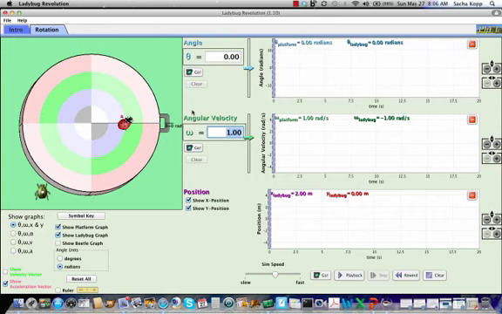I'm going to show us a simulation from the University of Colorado, which demonstrates how these graphs of position and velocity look in an angular problem, where let's say we're graphing the location of a little ladybug that's sitting on a merry-go-round. We can graph the angle that this ladybug makes, where right now it's an angle of 0, because if we say the origin is the center of the merry-go-round, and this ray that goes out toward the